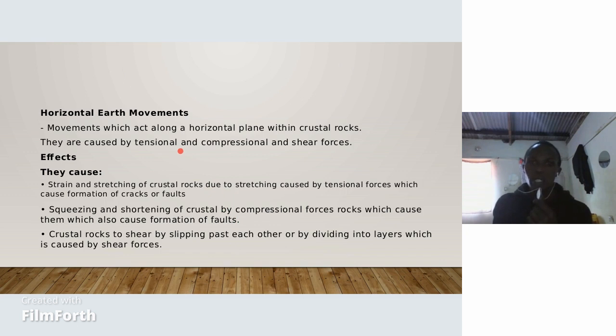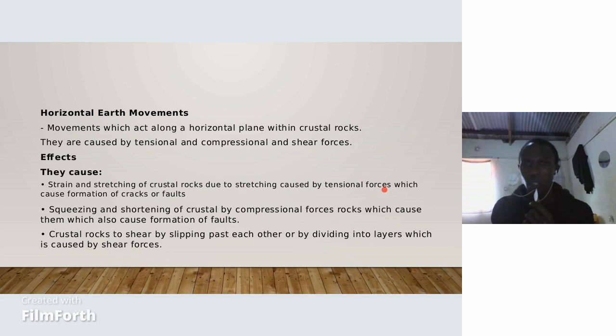Horizontal earth movements are movements which act along the horizontal plane within the crust. They are normally caused by tension and compression and also shear forces. What are the effects of this horizontal earth movement? They cause strain and stretching of crustal rock due to